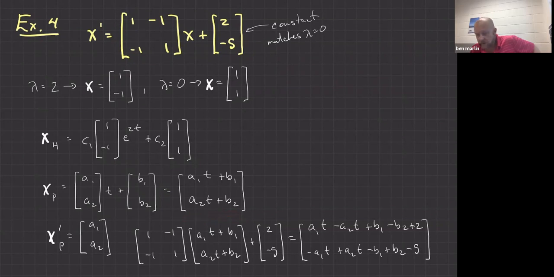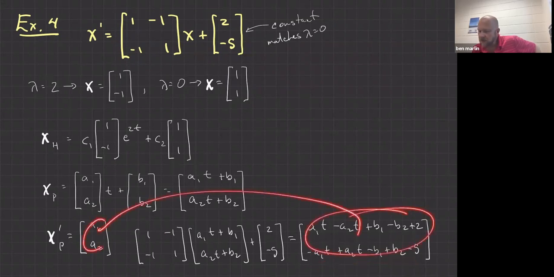Okay, so if I took the derivative, because we've got an x prime over here, I would just get a1 and a2, no sweat. But if I calculate the other side of it, there's some sweat. So I'd have to take a matrix and multiply it by this a1t and so on. Anyway, I have to multiply by a matrix, and then I have to add a vector afterward. So when you do that, you end up with this kind of messy thing and this kind of messy thing. And remember that this needs to be equal to this. Okay, so